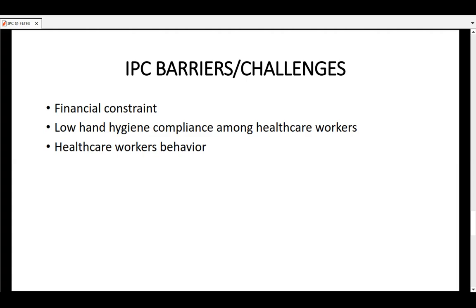We know that with the culture or the belief regarding IPC, many people still approach IPC as outbreak response. I mean, if there is a confirmed case of, let's say, an outbreak-prone disease, but for the routine day-to-day or building of systems, there are still some issues. Although we have a very supportive management that has been making efforts.